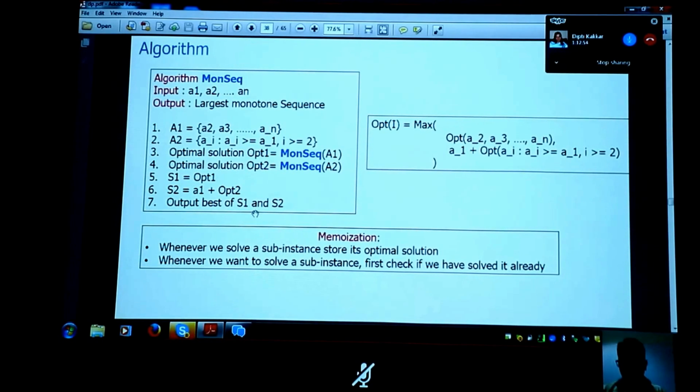Now, as before, we can memoize this in a blind manner, right? Write this recurrence relation, but have memoization around. Whenever you see a sub-instance recursively, you store its solution, and whenever you want to solve a sub-instance, first go and look up whether you have solved it. Yeah, you can do that, right?